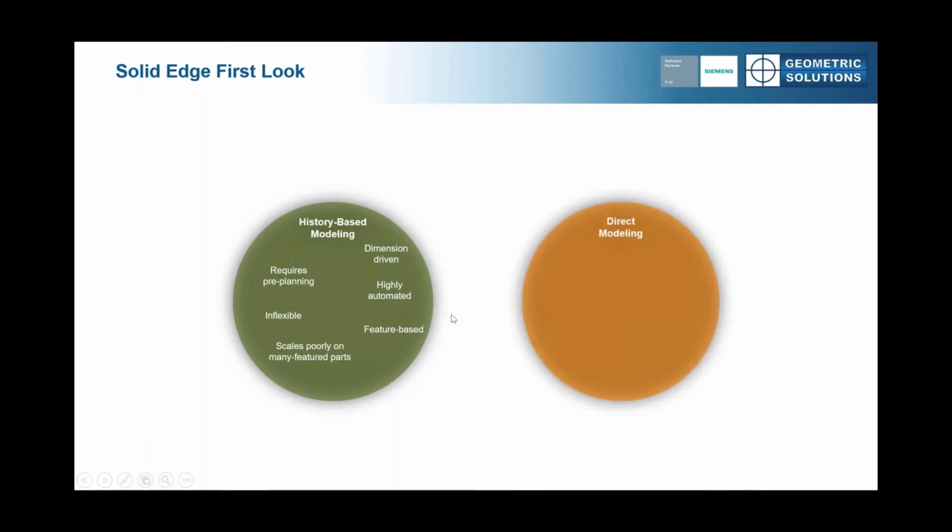The other form of modeling is called direct modeling. So this is where you have a solid model. So you can think about a 3D blob, and you start pushing and pulling on the faces, moving everything exactly where you want it. Now there's some positives. If you want to edit it, it's really easy. It's very flexible. Or if you have a part with a bunch of different features,